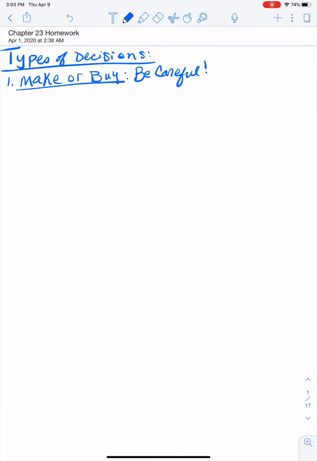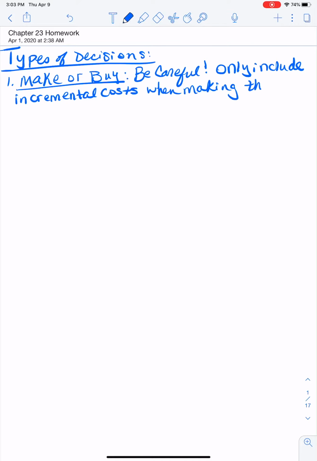So the reason you need to be careful is that you only include what are called the incremental costs when making this decision. So you say, well, what would that be? And what I would tell you is that this is a couple of things. This could include